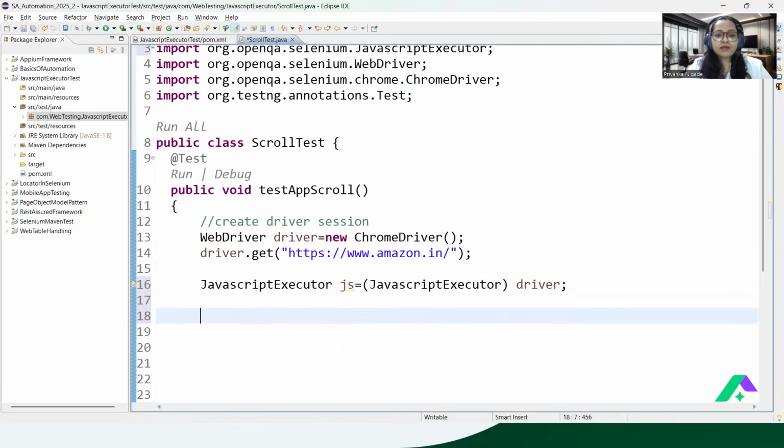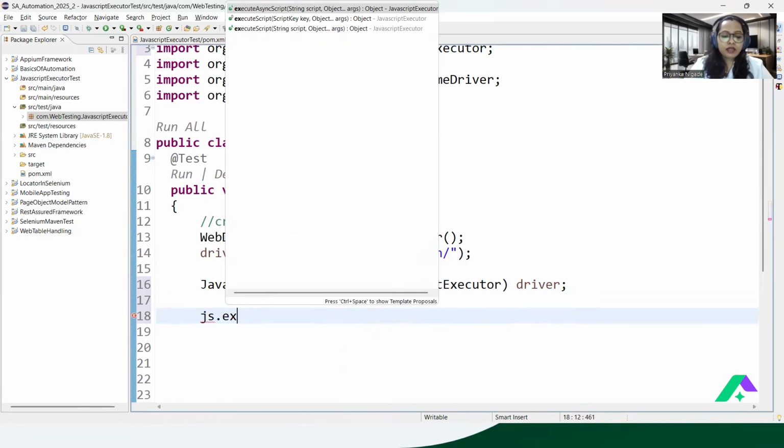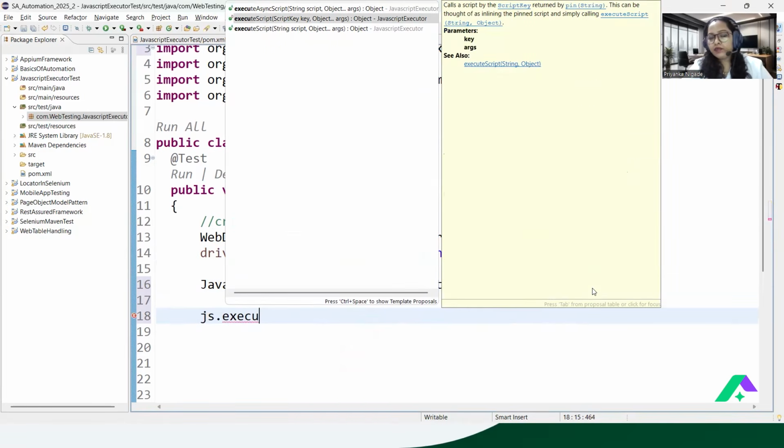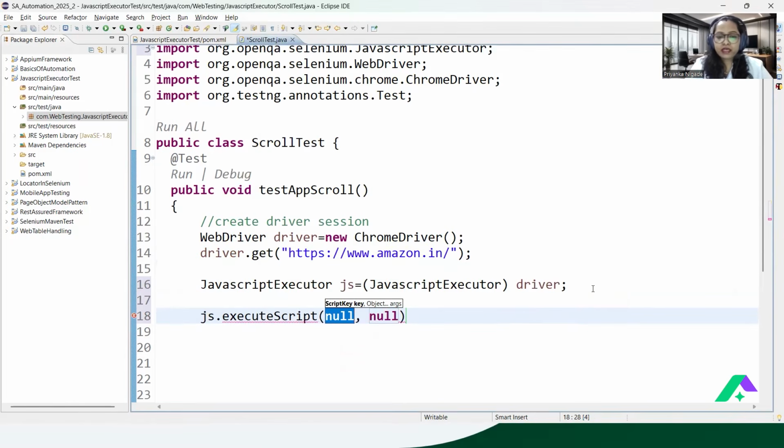To run any JavaScript command, we have a method executeScript. So just write JS.executeScript. And in executeScript, we are passing two arguments. One is a key, and the other one is an object. So at this moment, what is the key and what is the object? See, currently I don't need any second object here. I need to run only a plain JavaScript command. So better, I will just remove this second object and I will add whatever JavaScript command it is in between